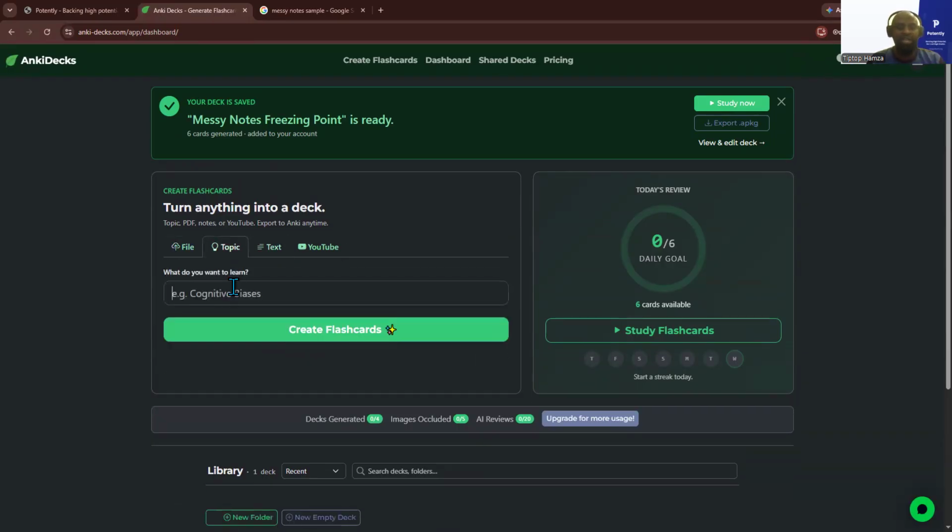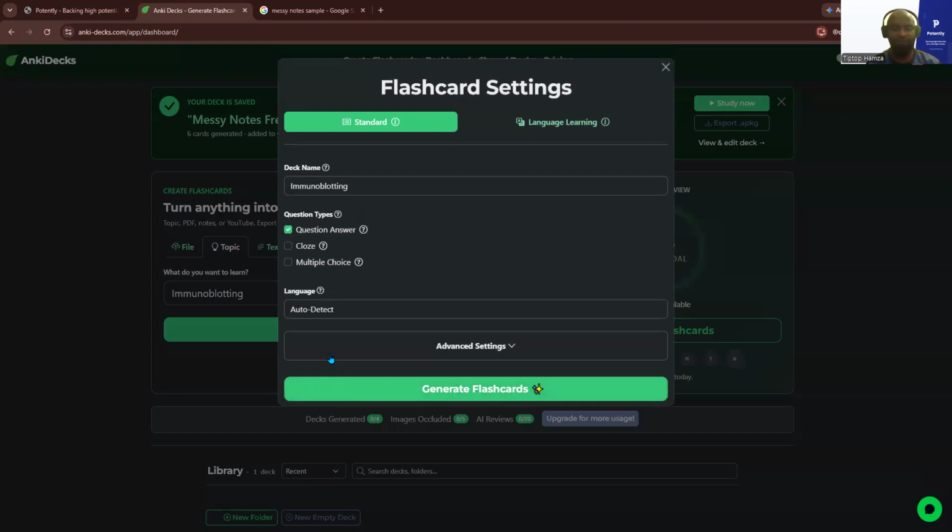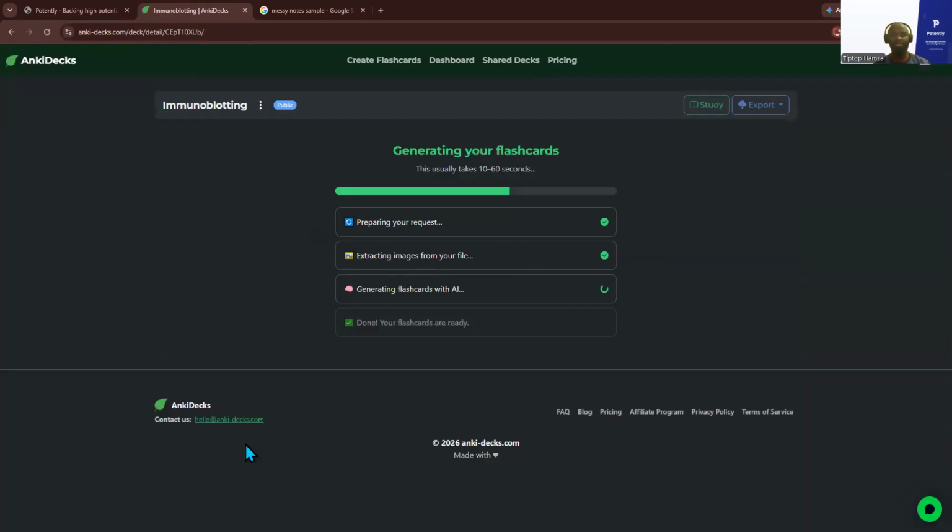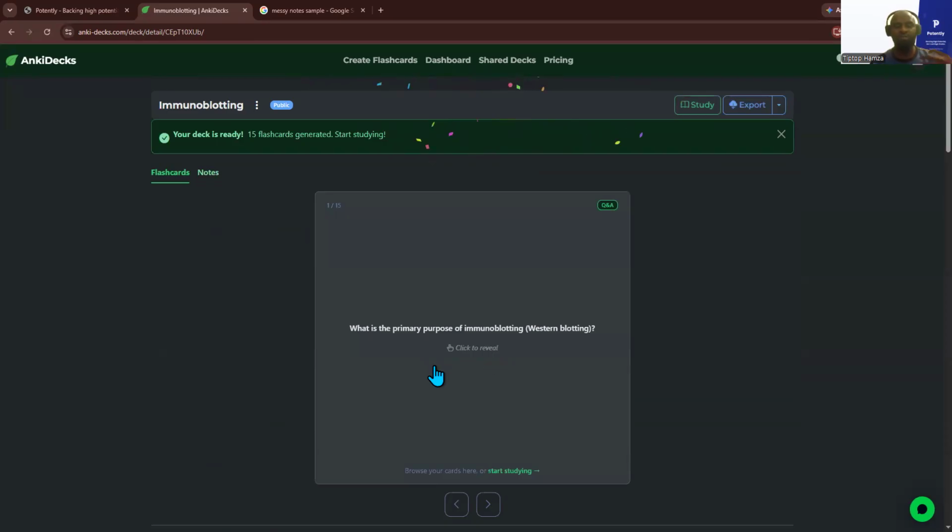Let's say we just want to learn immunoblotting, right? So which is biology or microbiology or biochemistry, right? So we'll just click on create flashcard. In this case, let's just say everything. Okay, I'll click generate flashcard, and it instantly generates flashcards for you based on immunoblotting, which is simple Western